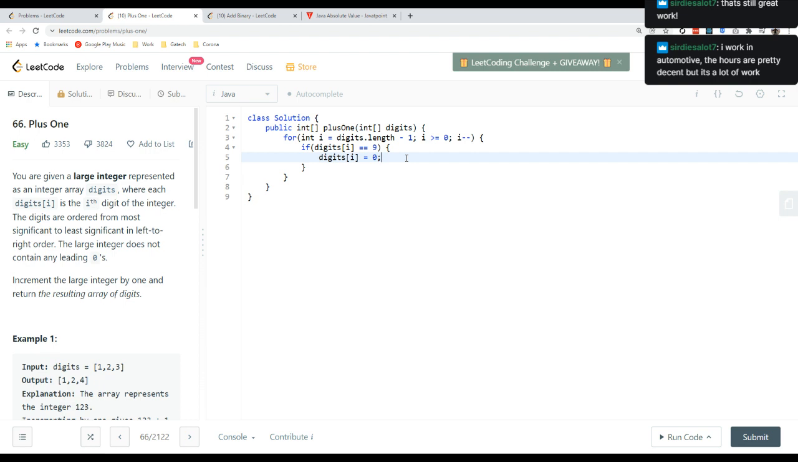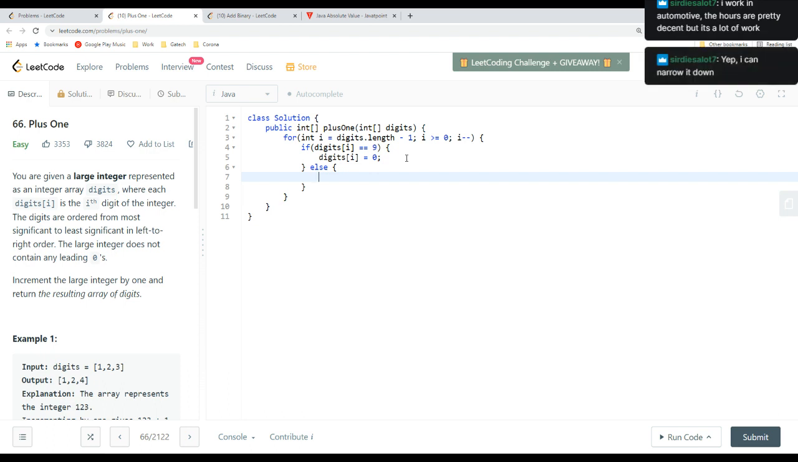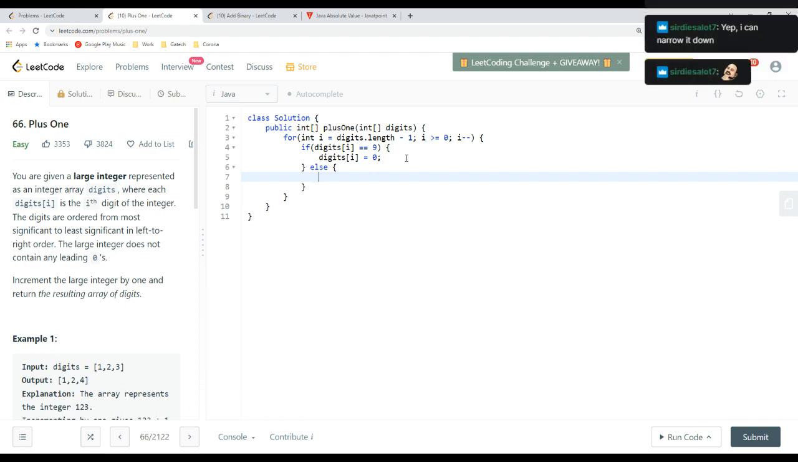Okay, so basically if I'm still going, then if digits at 9, yeah, then